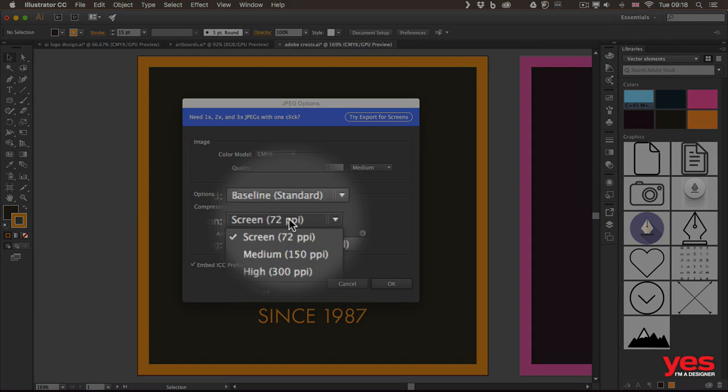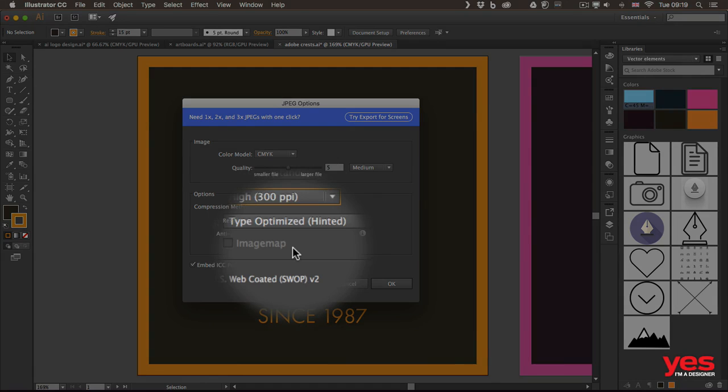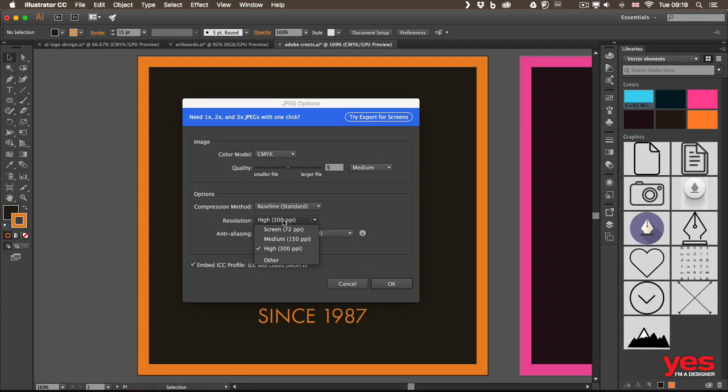And you see the default is called screen resolution, and it's 72 ppi, which is pixel per inch. Now that is used mainly for web design, but it's not big enough or high resolution enough for a print. For that, normally we use 300 ppi, which is another standard. But if you want to go any higher than that, because you are working with vectors that are resolution independent, you can pick whatever size you wish. So if I choose other, I could even type in 2000 ppi if I want to, or go even beyond that. But for now, let's just stick to the default 300 ppi and save it with all the rest of